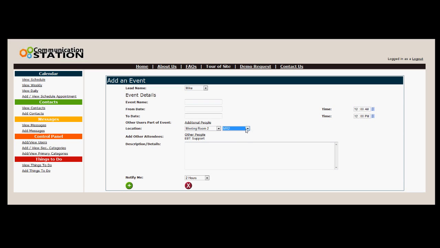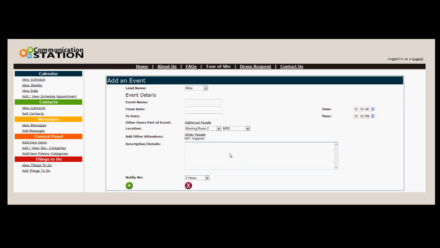If the person is available, when you drop this down, it will either be in green or in red for not available. Other people are your contacts that are part of this. So if you were a plumber and you're scheduling this, you'd type in what the event is, what you're doing, and then the other people would just be the people in the contact, and you would add them here,